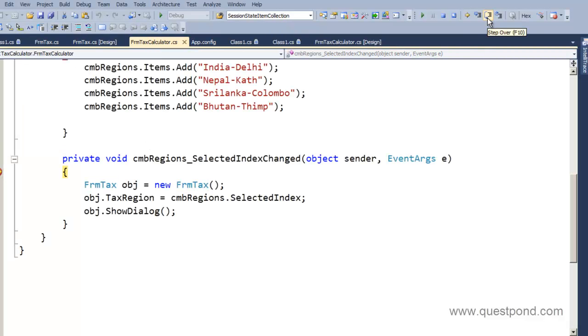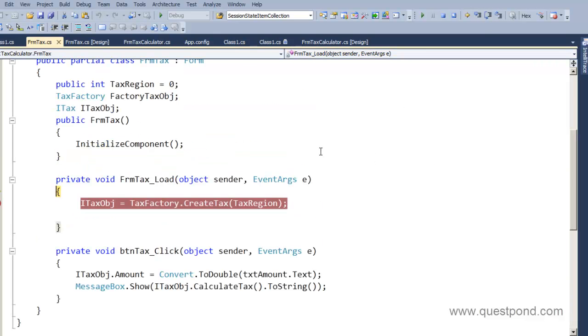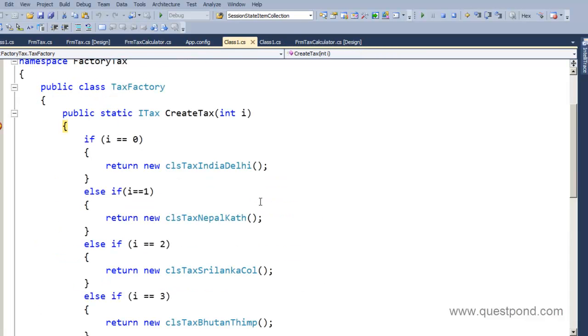So let me invoke this form here, and let's say F11, show dialog box. Now I'm inside the second form, that is FRM tax.cs. Now you can see over here that whatever region I provided from the first screen, it's taking the region value and going towards the factory class and telling the factory class to invoke the appropriate object. So if I do F11, it goes to my factory class.